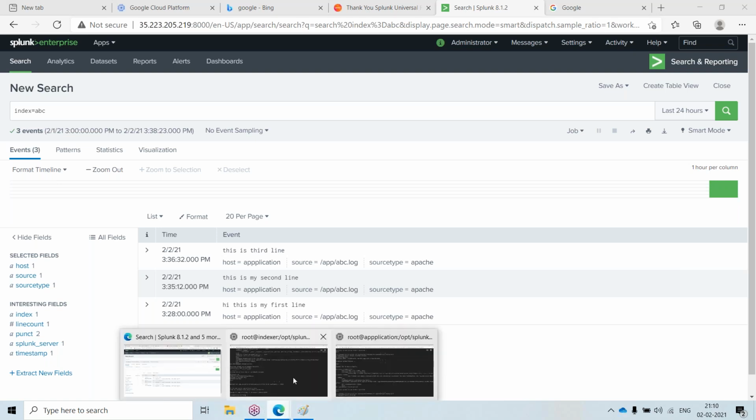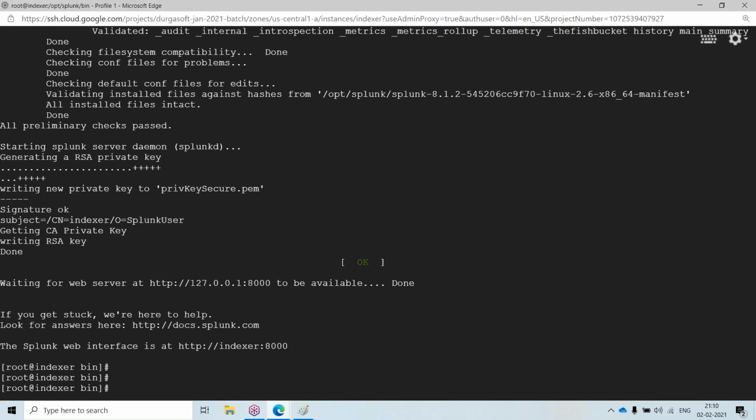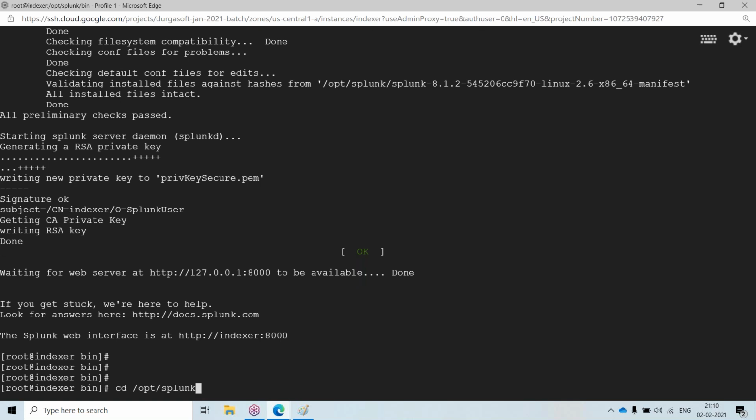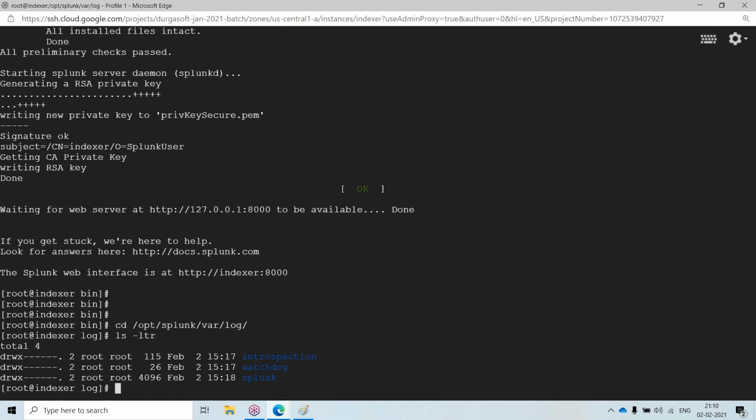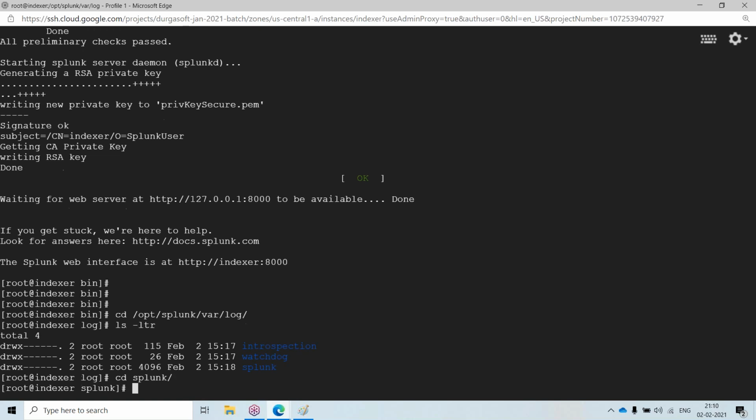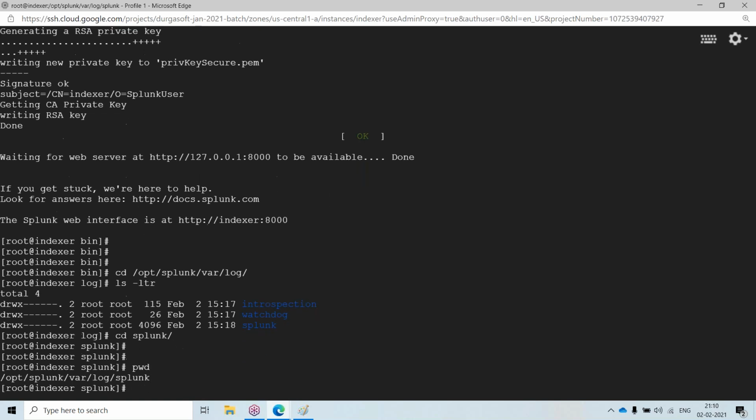The logs will be present somewhere here. cd /opt/splunk/var/log/splunk. This is the directory.